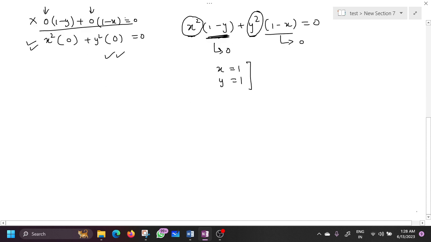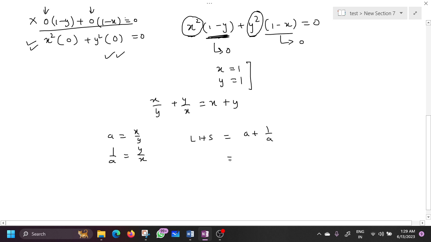Now let's talk about the second method to solve this question. Here the question says that x by y plus y by x is equal to x plus y. Now in this case, let's assume for some time that a is equal to x by y, then 1 by a is equal to y by x. So the left hand side, LHS, of the equation is a plus 1 by a.